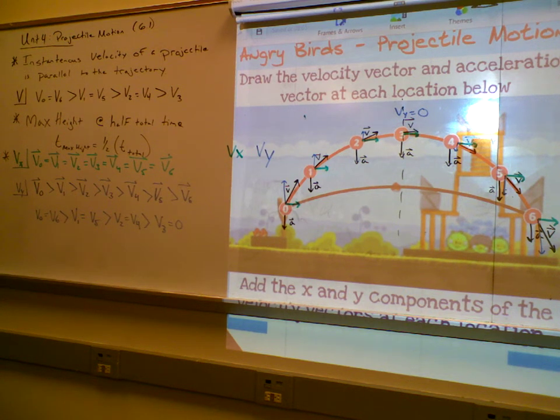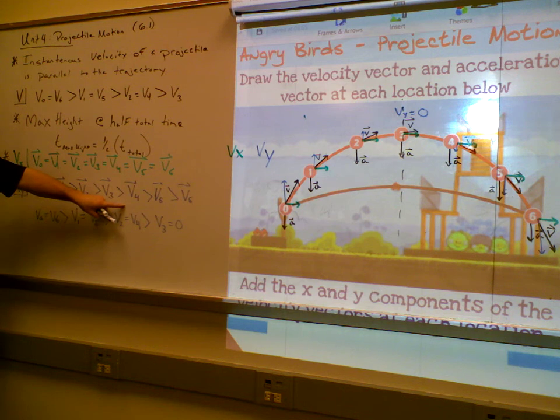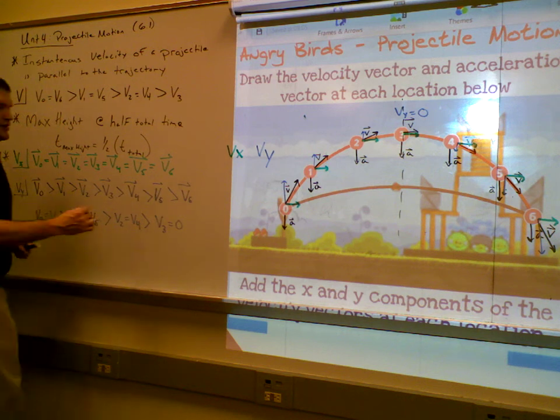The most common misconception I see students make, well, it's not a misconception, it's just a misapplication, is applying 9.8 to the x direction. Don't know why, but they do. There's no acceleration in the x direction. The only acceleration is in the y direction, which is why we get this. And symmetry gives us V0 equals V6 and so on. I said there's two most important parts. The first is that all the x velocities are the same. The second most important part is that